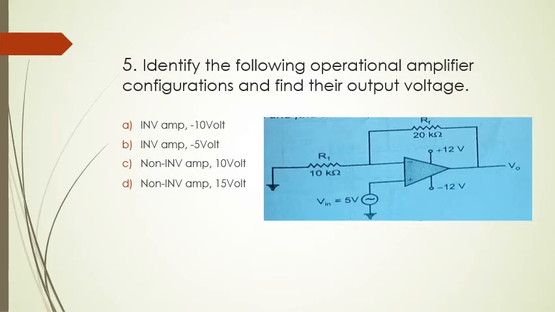that the answer will be between C and D, and after calculation the correct answer that you are going to get is option D, because 1 plus 20 upon 10 becomes 1 plus 2, that is 3, into 5, so it is obviously 15 volt. Orally you can calculate it, no need of written calculations, if your formulas and concepts related with the applications are clear.